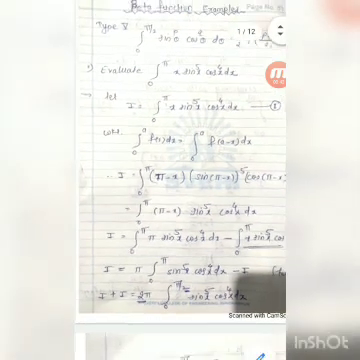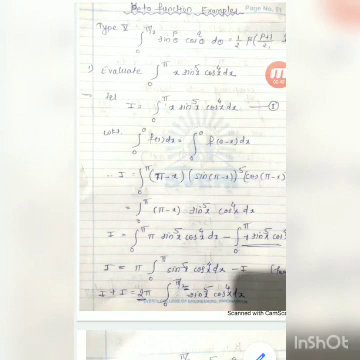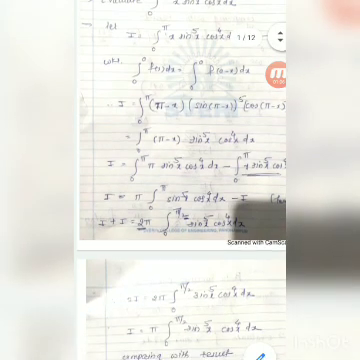Okay, let's consider the first example. Evaluate integral 0 to pi of x sin x raised to 5 cos x raised to 4 dx. There are totally three types of examples in this type 5. First we have considered 0 to pi x sin x raised to 5 cos x raised to 4 dx. Solving this example, we have to use the